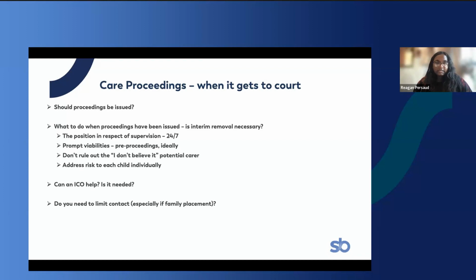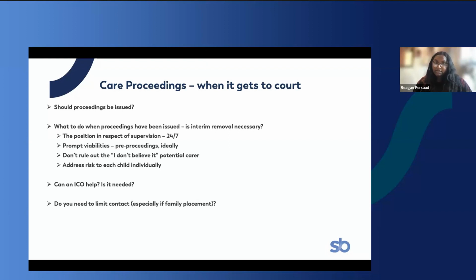So, for instance, there may be cases where Granny can move into the home, or Granny and Granddad can move into the home and Mum and Dad can be under constant supervision in the home, but the child could otherwise be back in the family unit with them. In those cases, supervision might be enough. You might not need removal. You might just want an interim supervision order or an interim care order to monitor the situation with a safety plan. Make sure that viabilities are conducted urgently because, of course, we need to know if there are other options